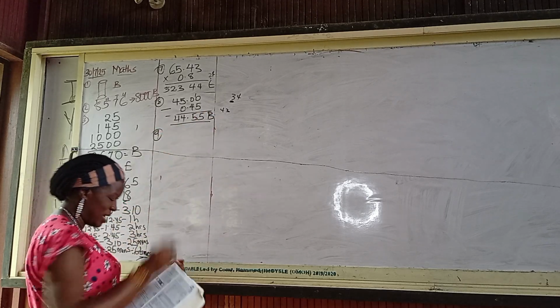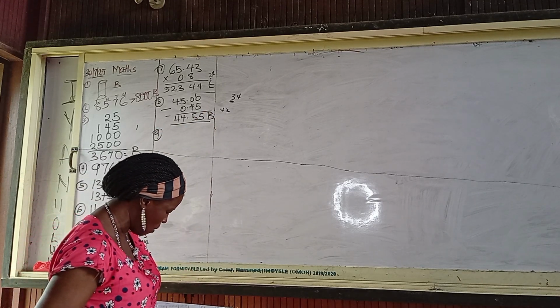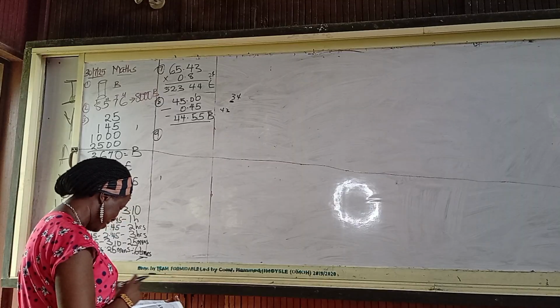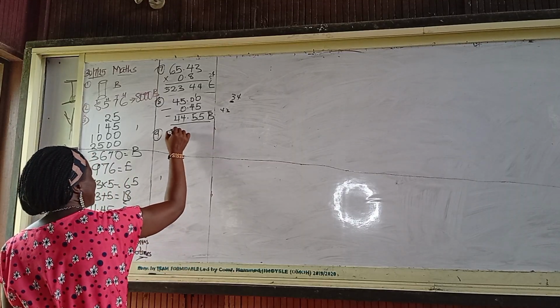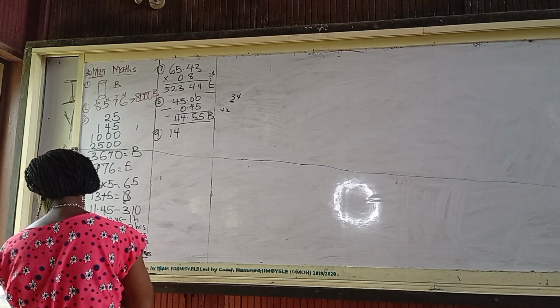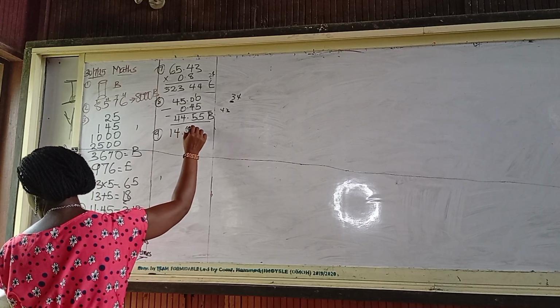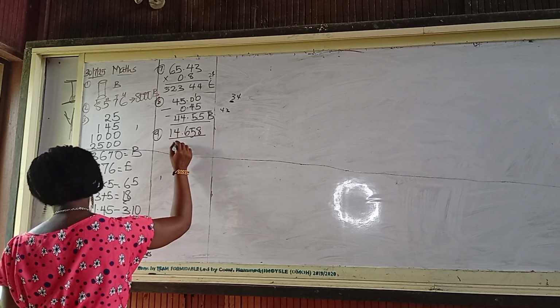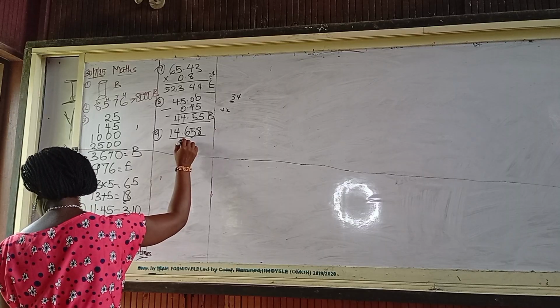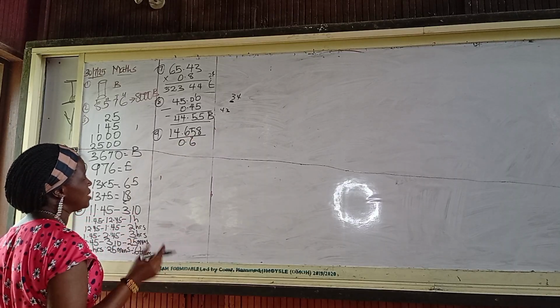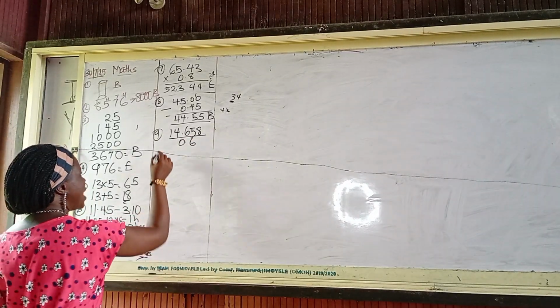Now to number 9, we are stopping at number 25. Now to number 9, we are to divide, you are doing this by yourself without a calculator. 14.658 divided by 0.6. The best way to do this, let's remove the points. So we are going to be having